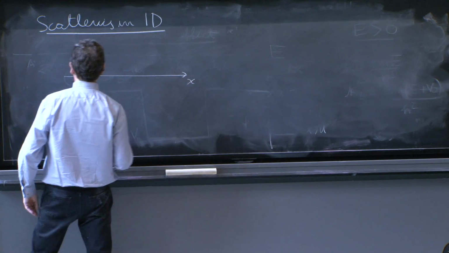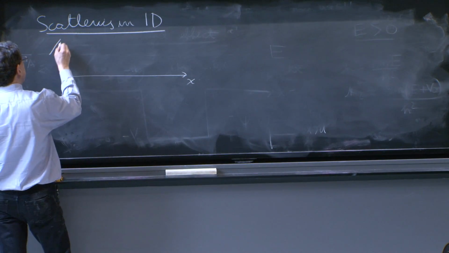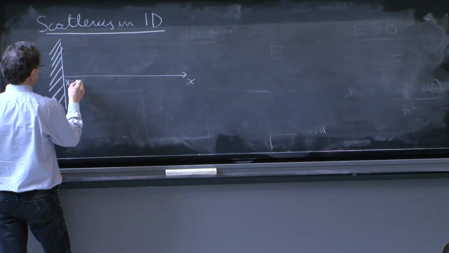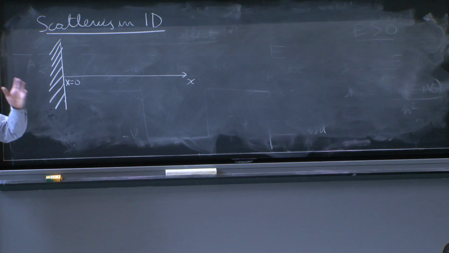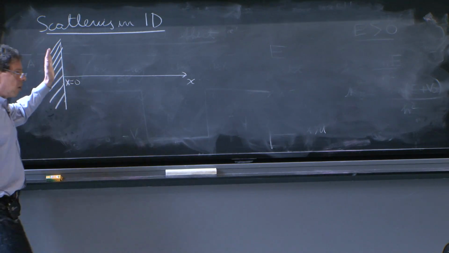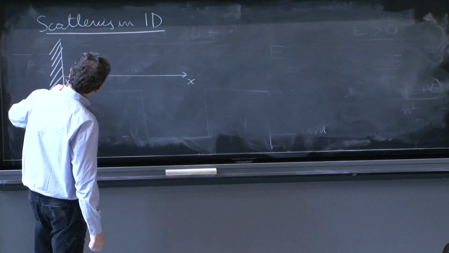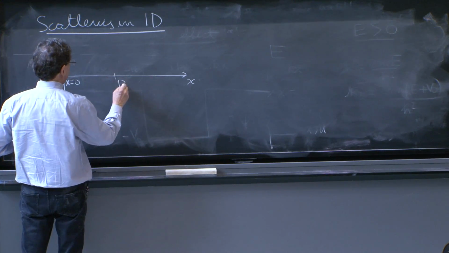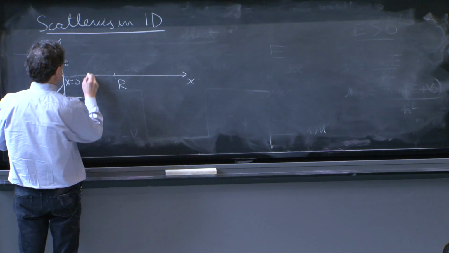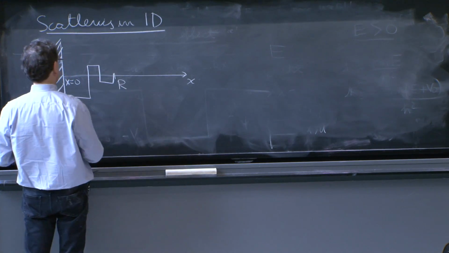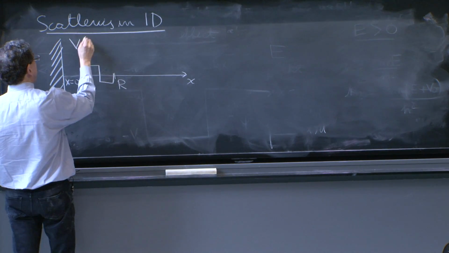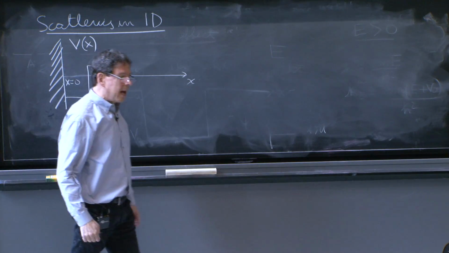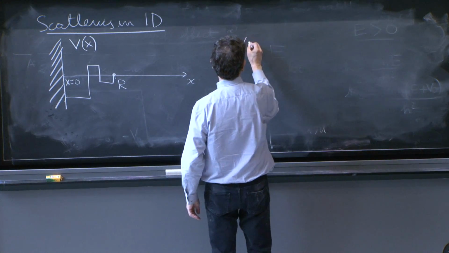x, and in fact there's an infinite barrier at x equals 0. X equals 0, infinite barrier, nothing goes beyond there. On the other hand, in here, up to some distance r, there could be a potential, v of x. So we will have a potential, v of x,